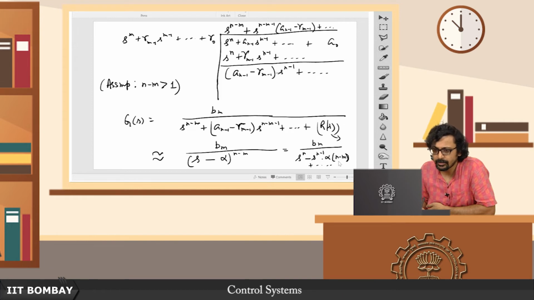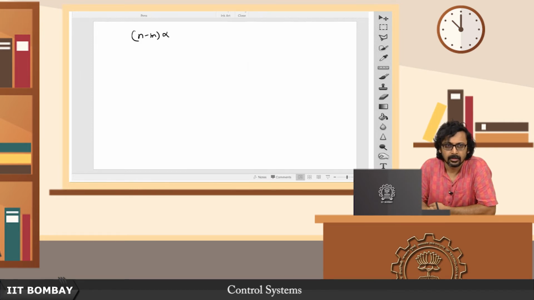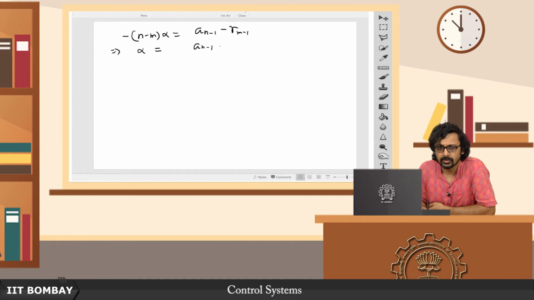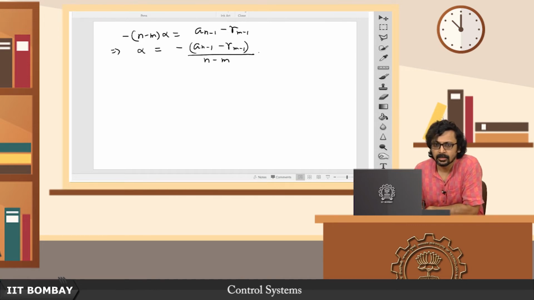So n minus m times alpha, with a minus sign of course, is given by a_{n-1} minus gamma_{m-1}. Therefore, we can write alpha is equal to minus (a_{n-1} minus gamma_{m-1}) upon n minus m, which is, now